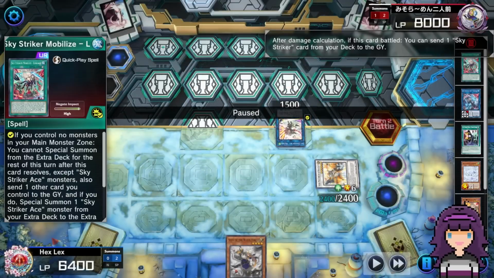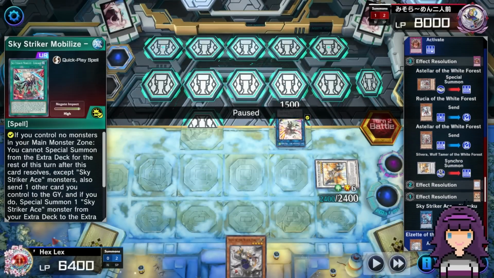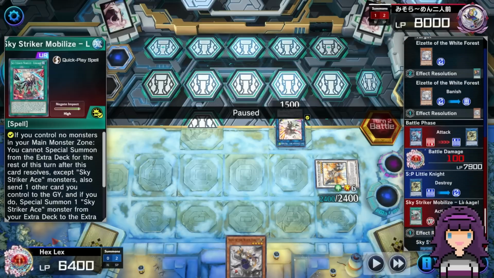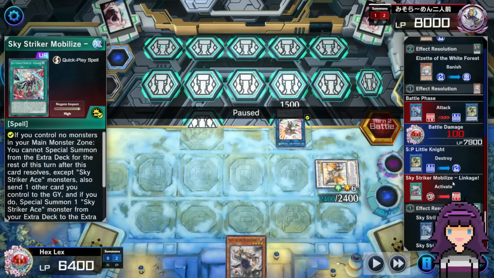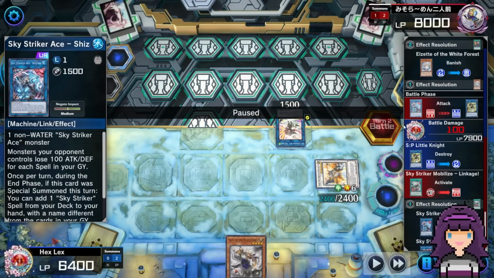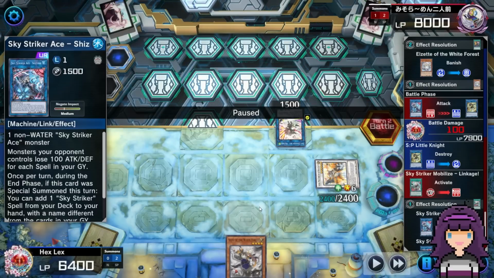So this was actually kind of big. I kind of skipped over it there, but that's actually kind of a big thing I was debating about this turn, right? When they activated, what was it, Shark Cannon, do I want to use SP Little Knight to banish the Shizuku? And the reason I didn't end up doing it and let my Little Knight get battled over is because if I'd activated Little Knight and banished Shizuku, they would have summoned Ray from the graveyard, and then they could go link Ray into Hayate,